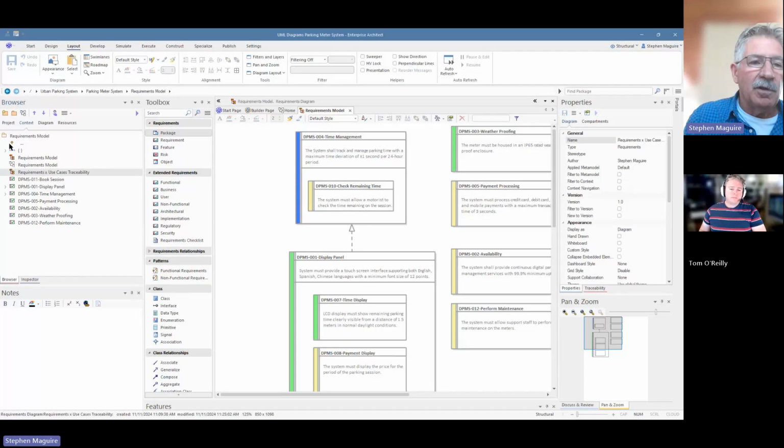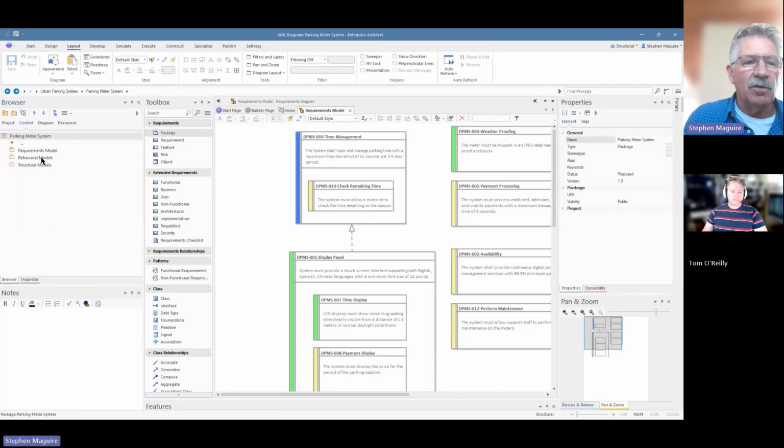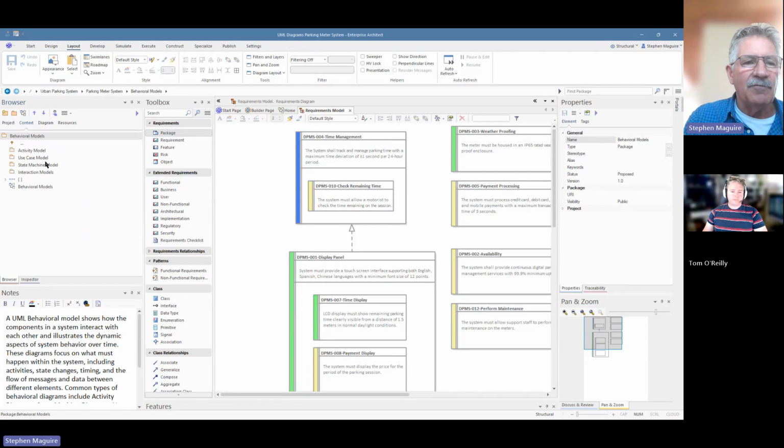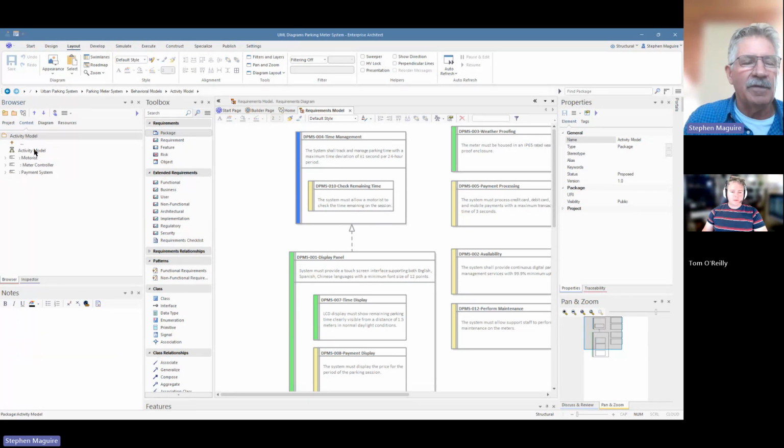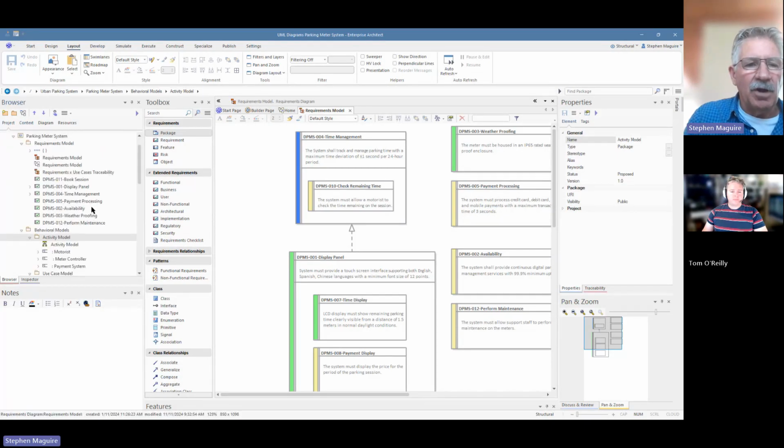If I want to go up, there's a little arrow here, and I can click that up, and I can go up a different level, and I can come down into the behavioral models, for example, and click on that. And it's going to allow me to navigate through the model the same way, except that I haven't got all of that noise. I call it noise. It's other parts of the model that I'm not interested in. So let's go back to the project browser, and let's look at the diagram